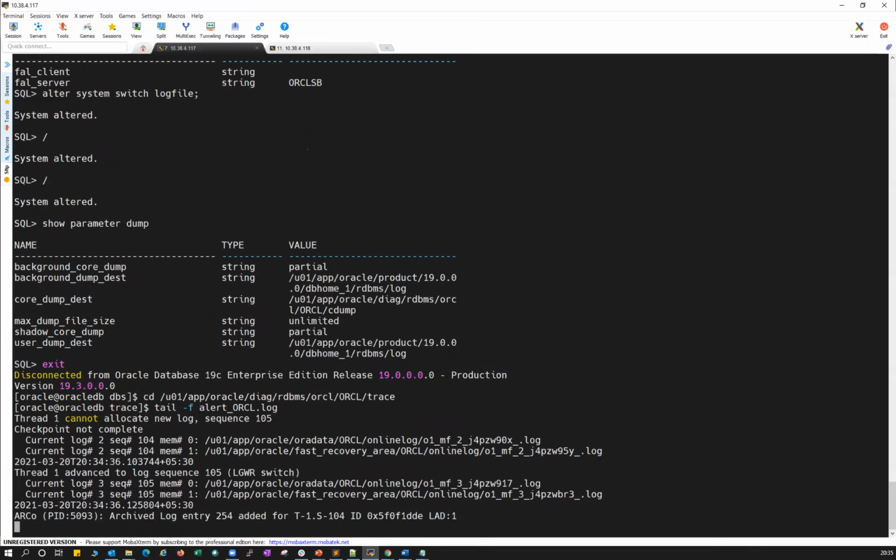Okay, so FAL server and the FAL client. Can you configure the Data Guard from the primary, which is Linux, to AIX?